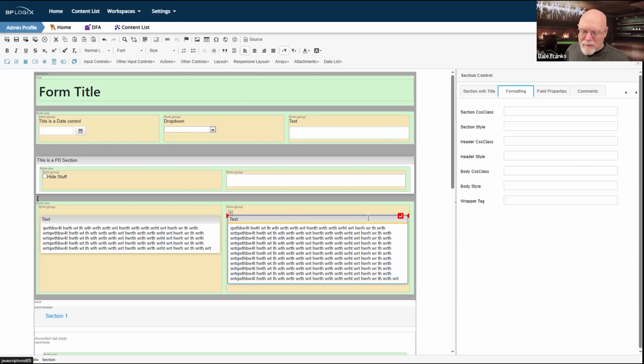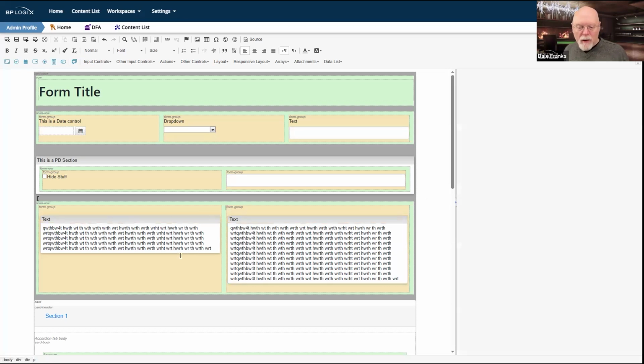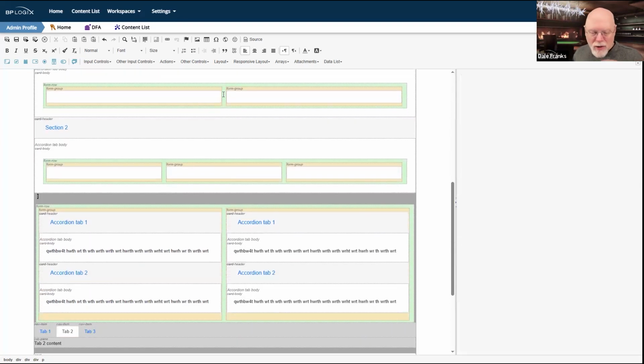It would have just been slightly tedious to do it. But I don't have to do it if I use the form group and the form row controls as opposed to the row and column controls. So I'm just leveraging the differences in how those two sets of containers work to make my life easier for building my form.